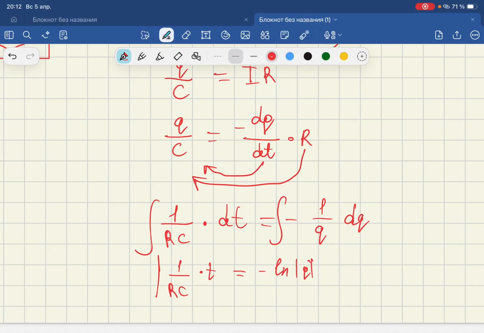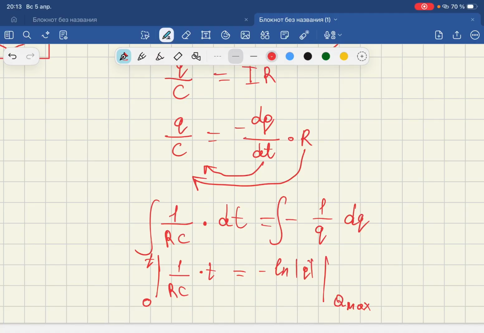On the left side, we take the limit for time, because in the beginning it starts from time 0, then till t seconds. On the right side, Q will be in the beginning Q max,